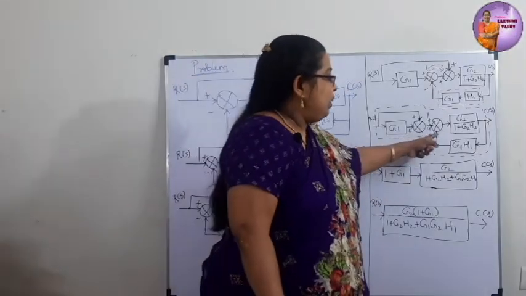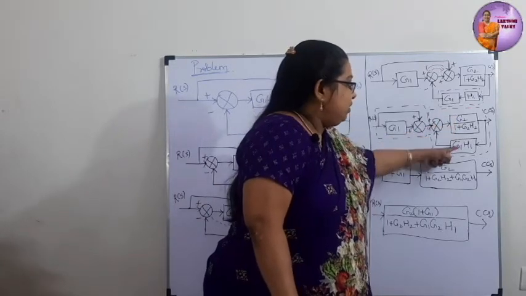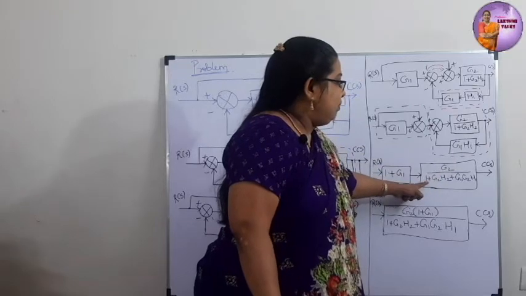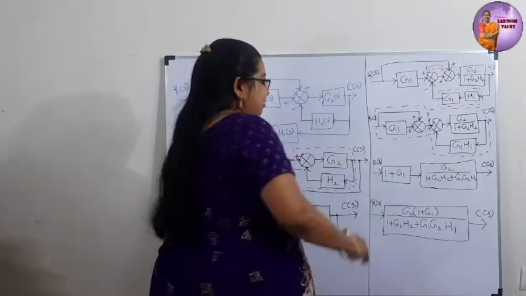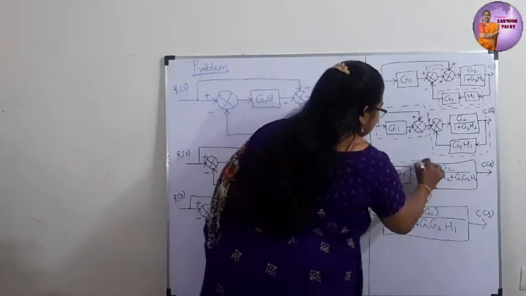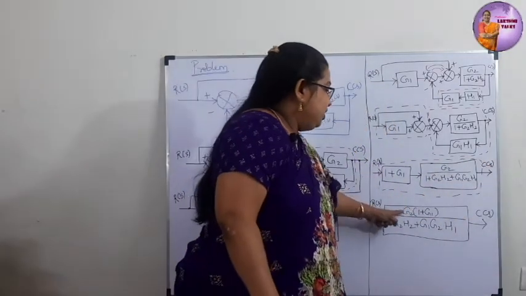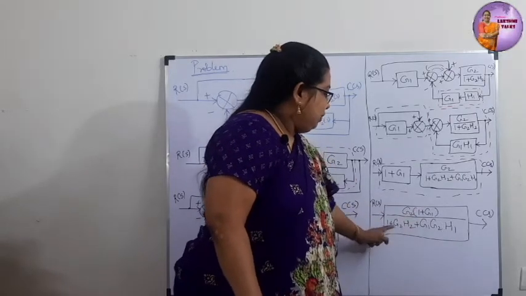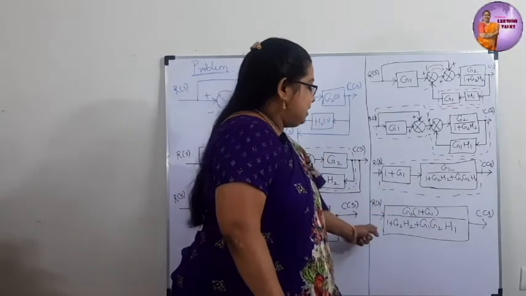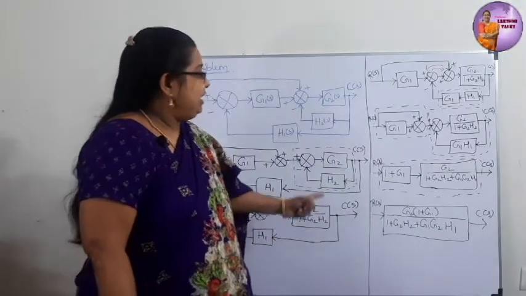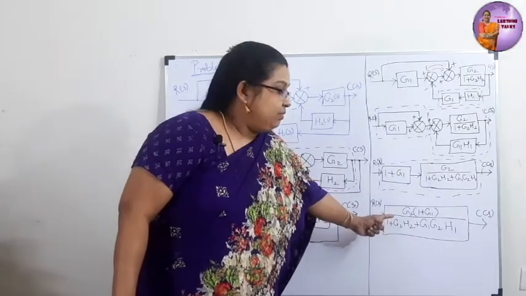Then you have a simple feedback: it is G2, this block, divided by 1 plus this block into this block. So it becomes G2 divided by 1 plus G2H2 plus G1G2H1. Now we have two blocks in series, next to each other. Just multiply them. You will get G2 into 1 plus G1 divided by 1 plus G2H2 plus G1G2H1. This is nothing but the transfer function, and we have simplified this big block diagram into just a single block using our block diagram reduction technique. Is it clear?